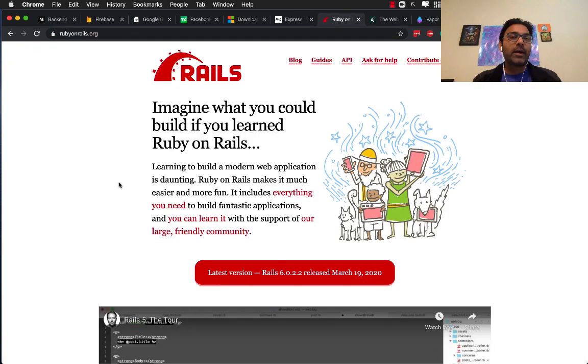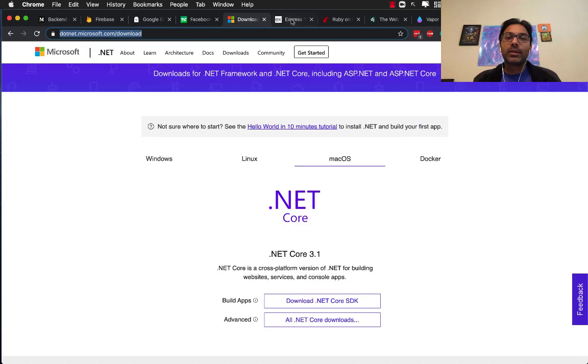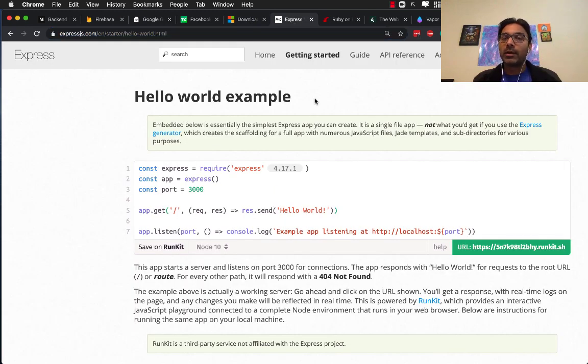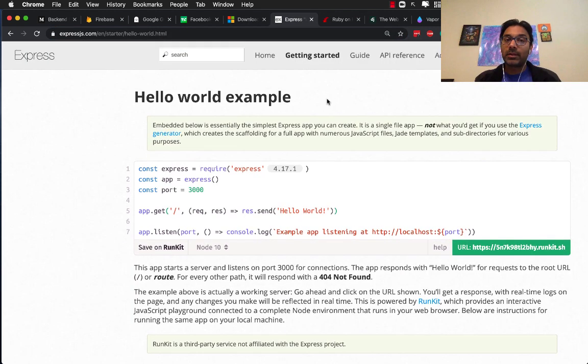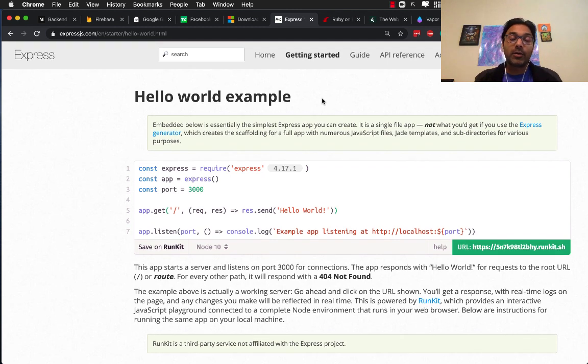If you have a question like, oh, which one is the best? No, there's no best. All of them can do the same things. Some are a little bit more mature than the others, but all of them can do the same exact things. I personally like .NET Core, and I personally like Express. I don't have any problems with JavaScript, or any other language for that matter. So language is never really a barrier, and it should not be a barrier for you also.